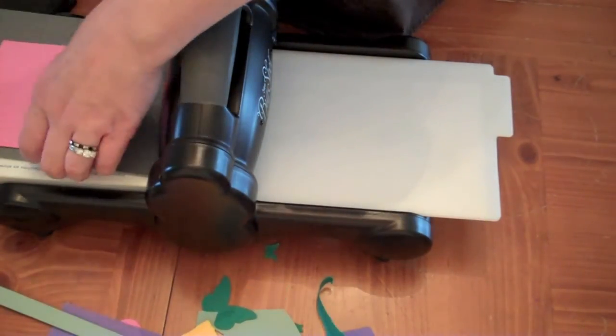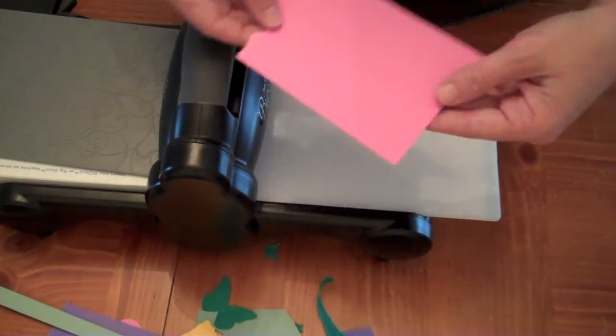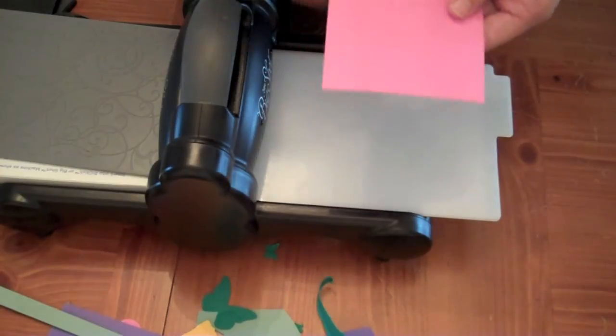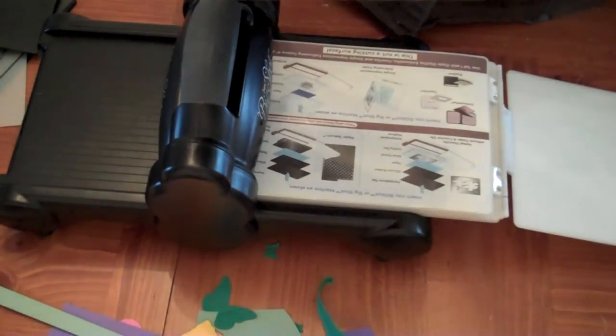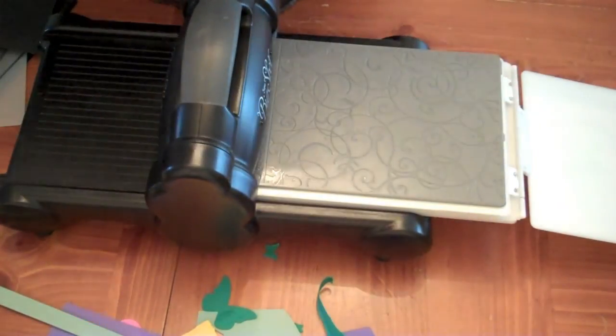Okay. And that's going to, I don't know if you can see it, embossed image on the back of your cardstock. Now, this is not a very good impression, but let me show you a trick. You're going to put your texture plate down, then you're going to take your piece of cardstock,